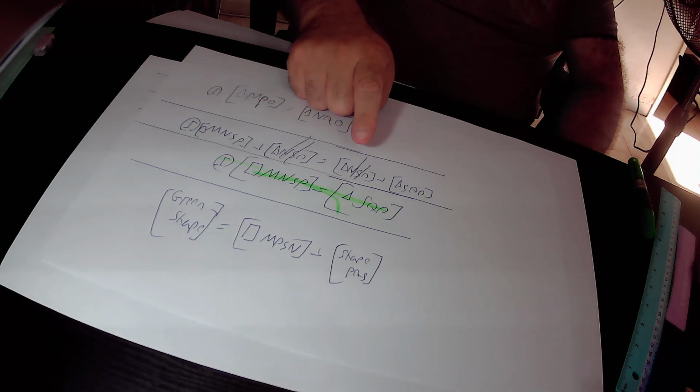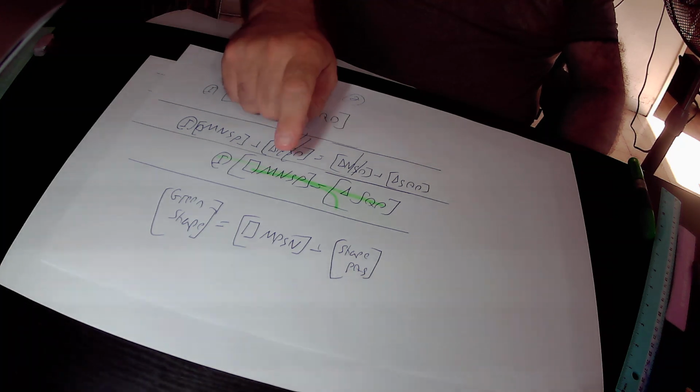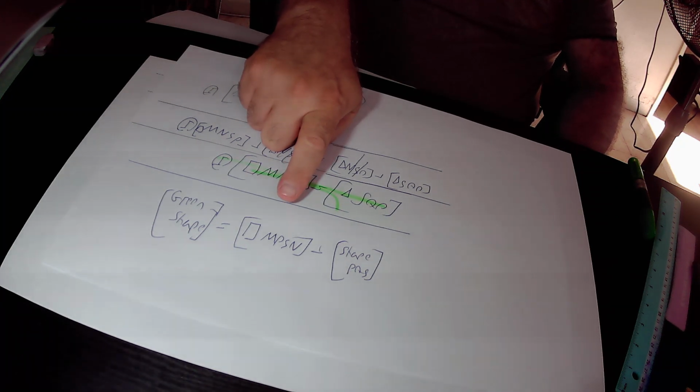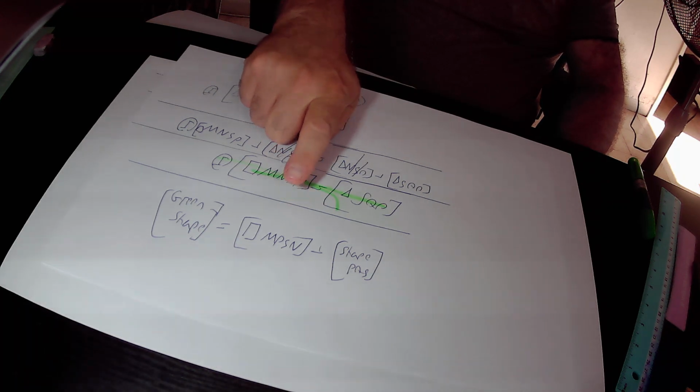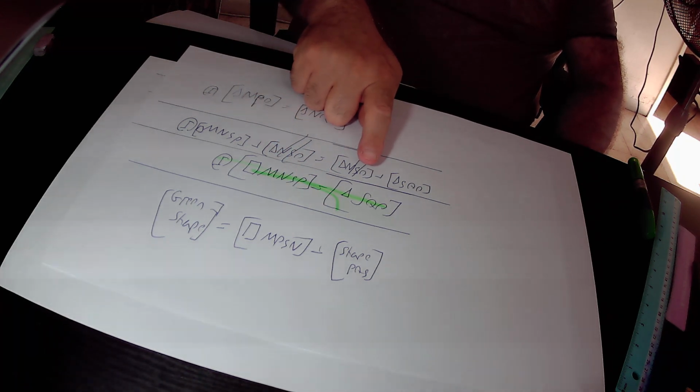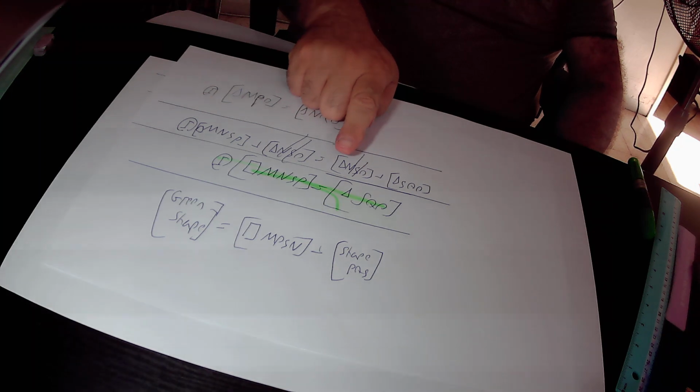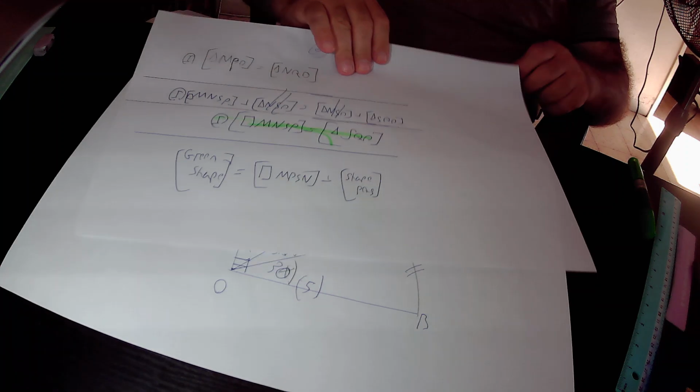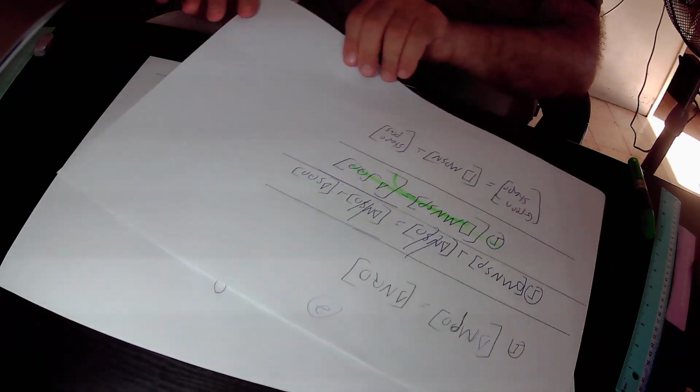Therefore, we can substitute the area of quadrilateral MPSN by the area of this triangle SQO because they are equal to each other. So we do it now, and we get that the area of the green shape in total is equal to